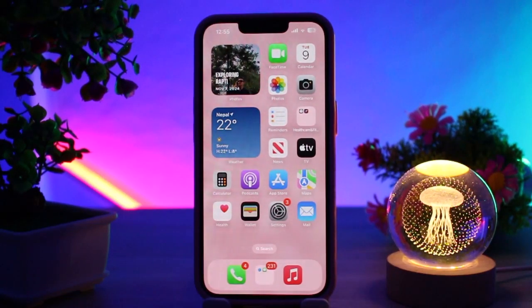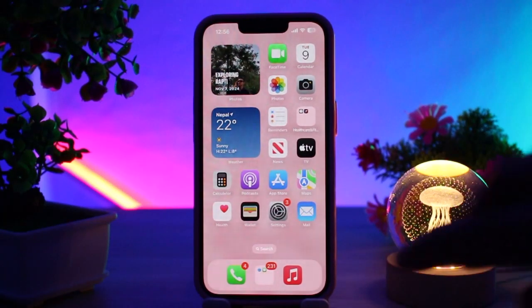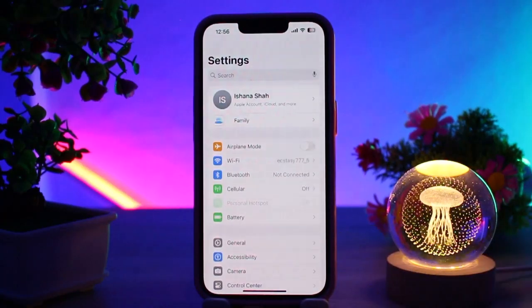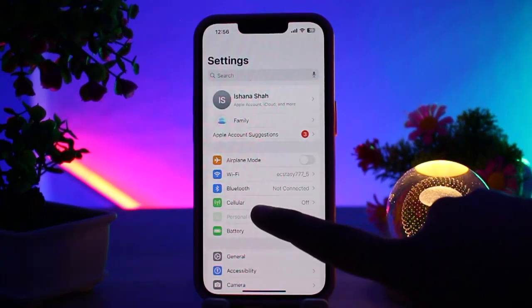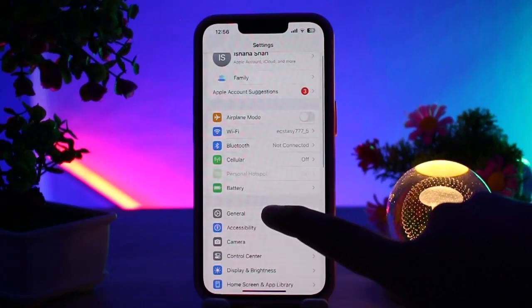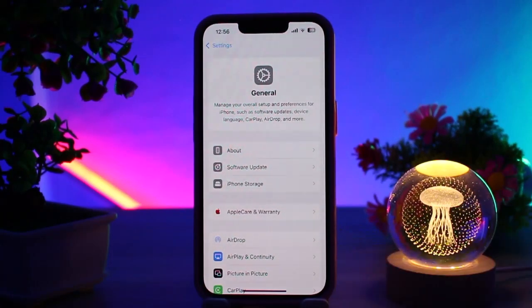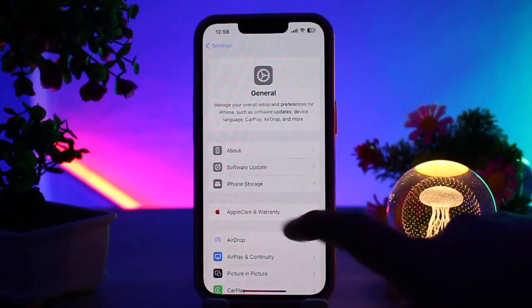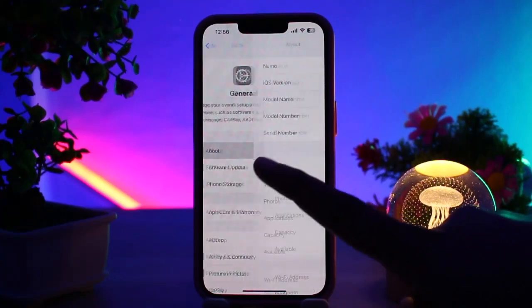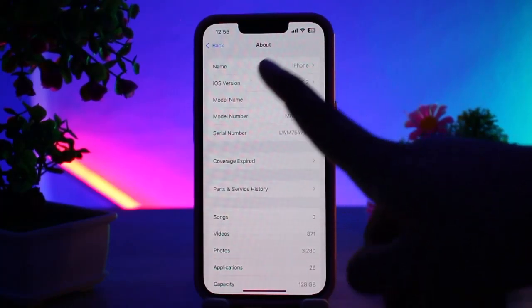So let's get started. Now, to find an IMEI number on iPhone, the first one is the easiest method of all. You just need to open Settings on your iPhone. From Settings, you will see various options like Airplane Mode, Wi-Fi, Bluetooth, Cellular, and so on. Click on General, and under General you will see the options About, Software Update, iPhone Storage, AppleCare and Warranty. Click on the first option, About, and here you will be able to see